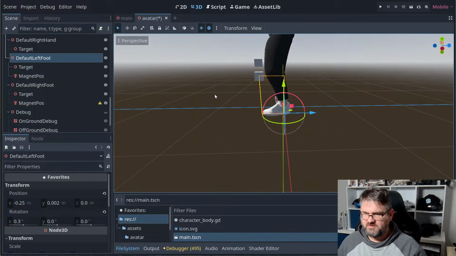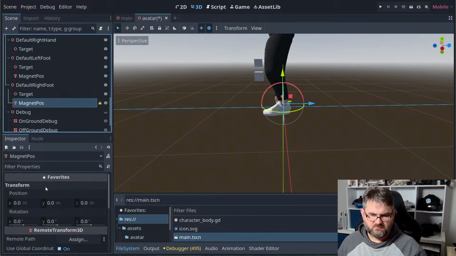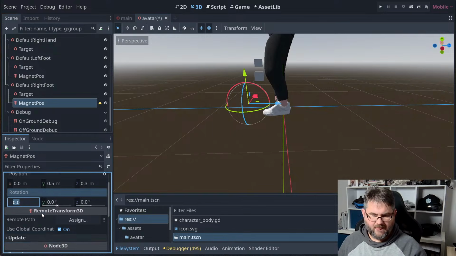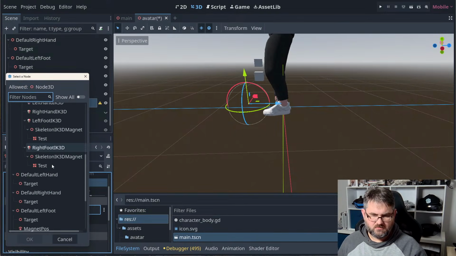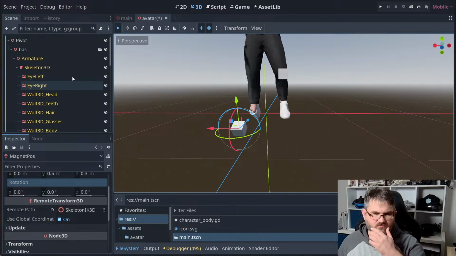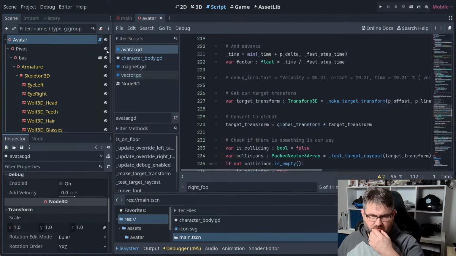Oh yeah, because we're moving that so much forward to that. Okay, that's fine. So 0.5, 0.3. I probably can duplicate that here as well. 3, boom. That is now our right foot magnets. Okay, boom. All right. So I think I'm going to add an enable general thing here because